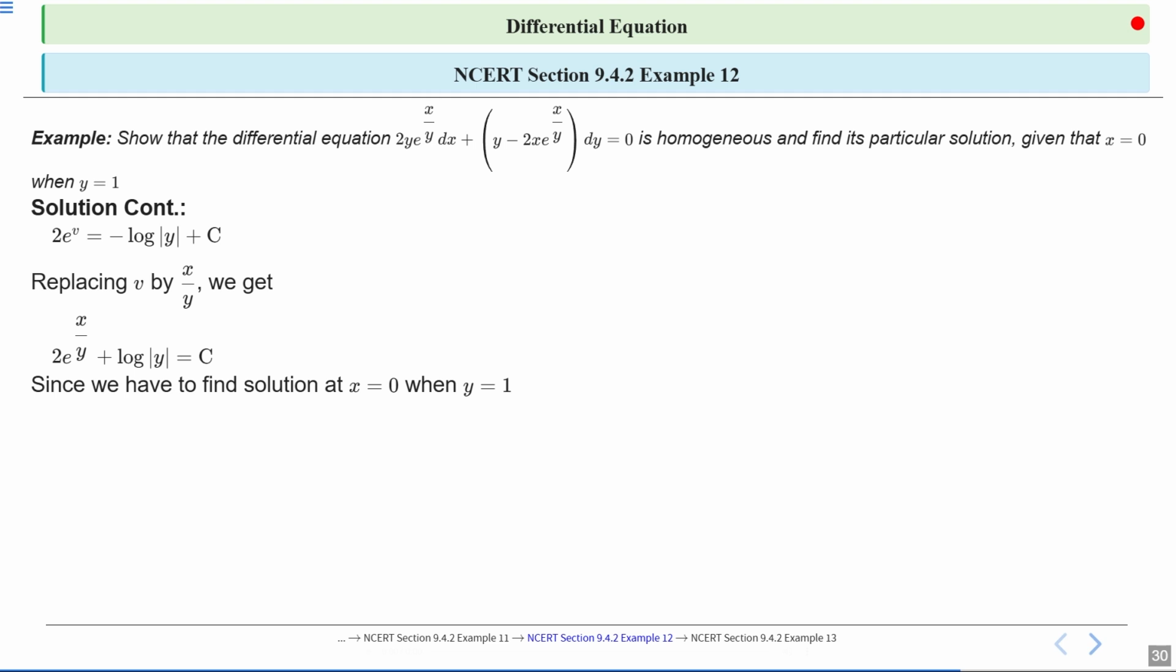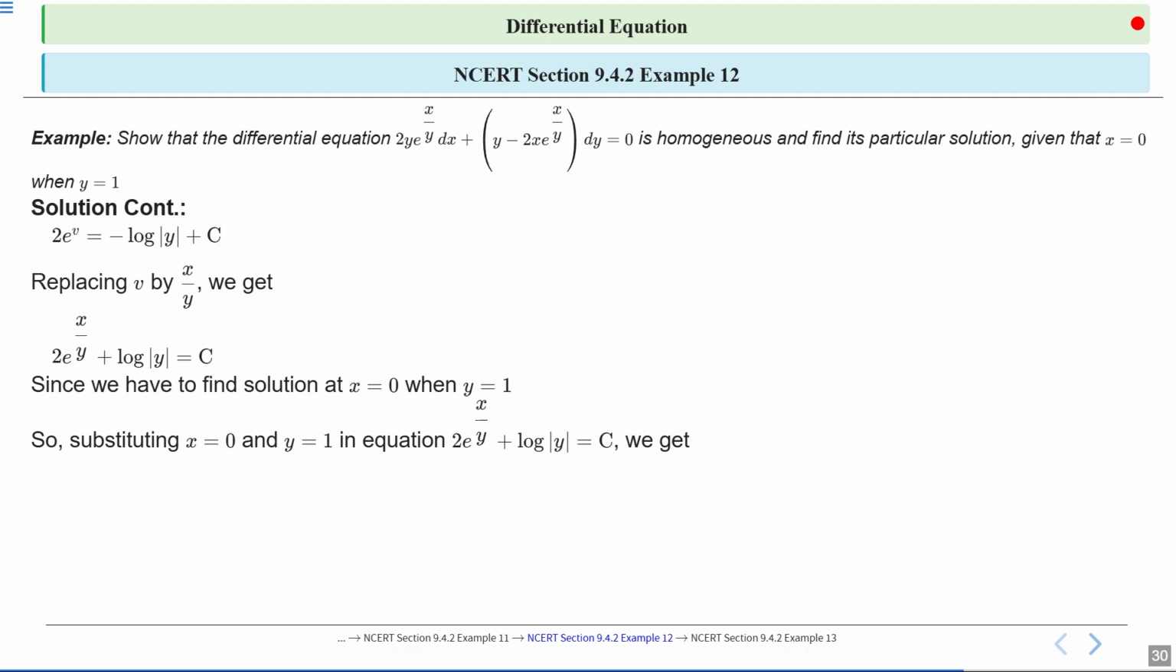But we have to find a particular solution given that x equal to 0 and y is equal to 1. So now we use this condition to find the value of this capital C, that is your arbitrary constant. And due to this arbitrary constant, we get a family of curves. So when we use this condition, we just substitute x equal to 0 and y is equal to 1 in